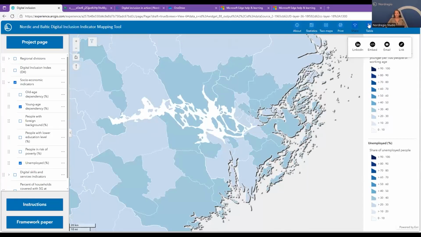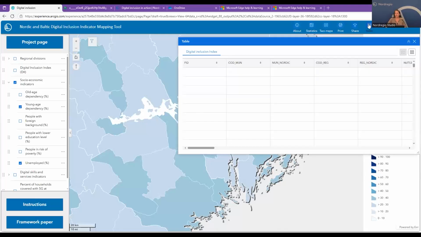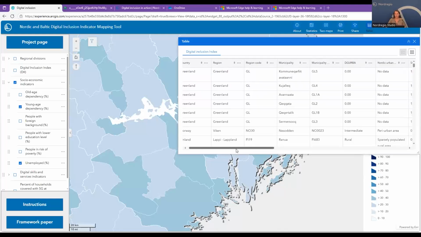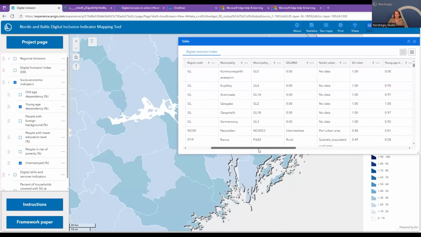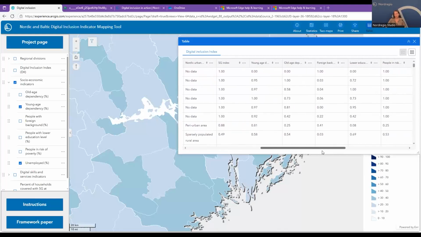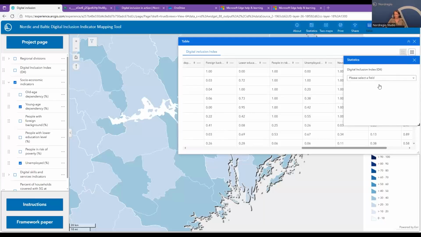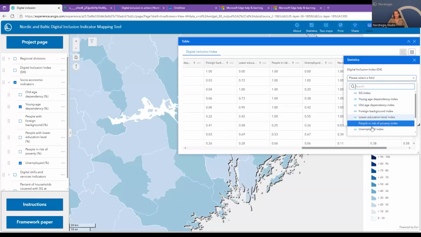There is an option of the table. Here you can access all the statistical information we have collected on all the municipalities. This is also possible to download. If you click here in the actions, you have the statistics, and you can also choose the statistics by field.